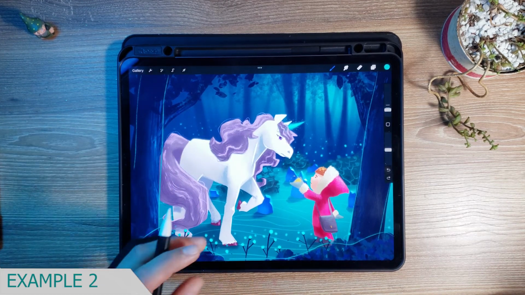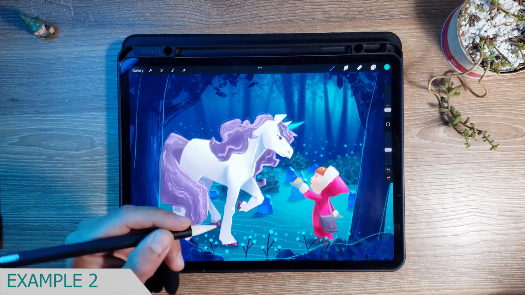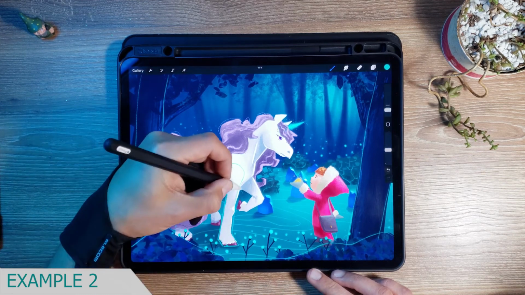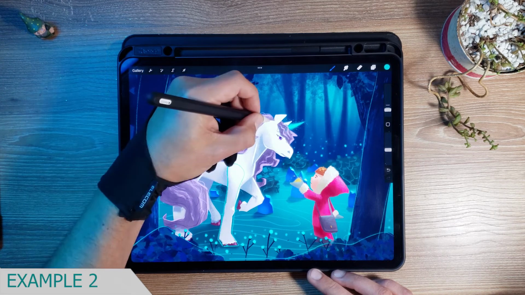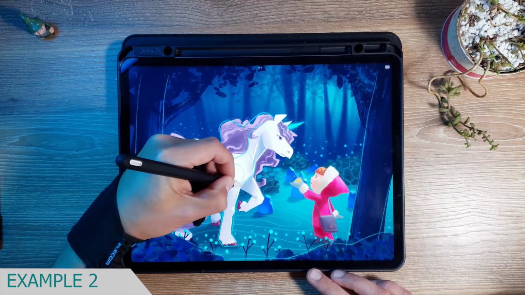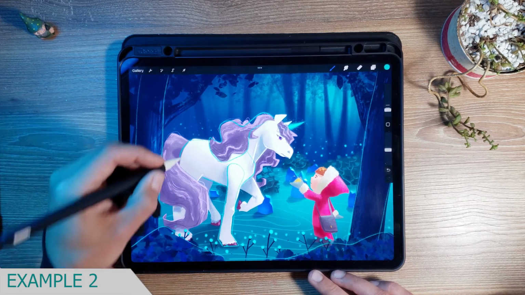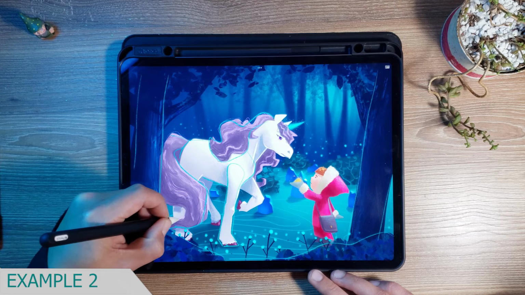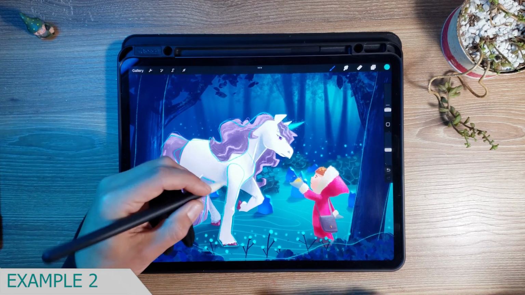We can even see that in the unicorn, there's a lot of overlapping. We can see how her leg goes over here, right in front of her body. We're going to see her mane, also a little bit over her body, that is over here. We're going to see her tail going over her back leg, over here. We're going to see also